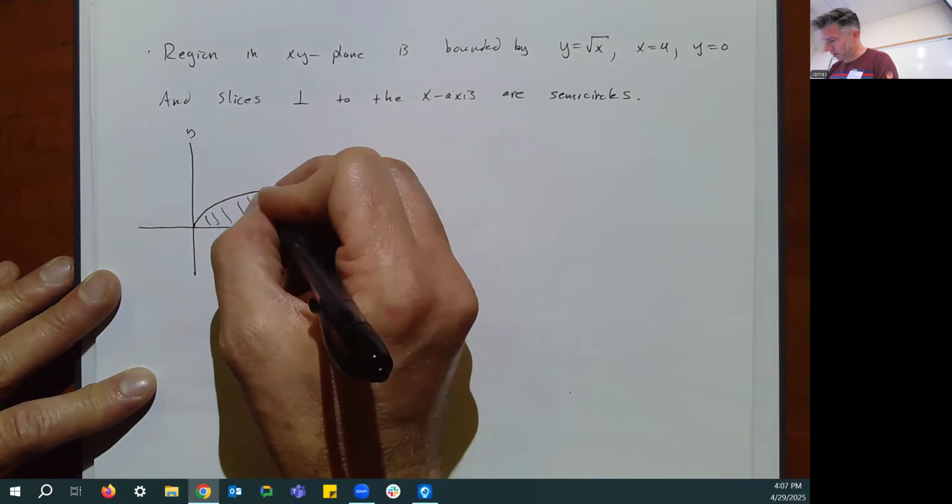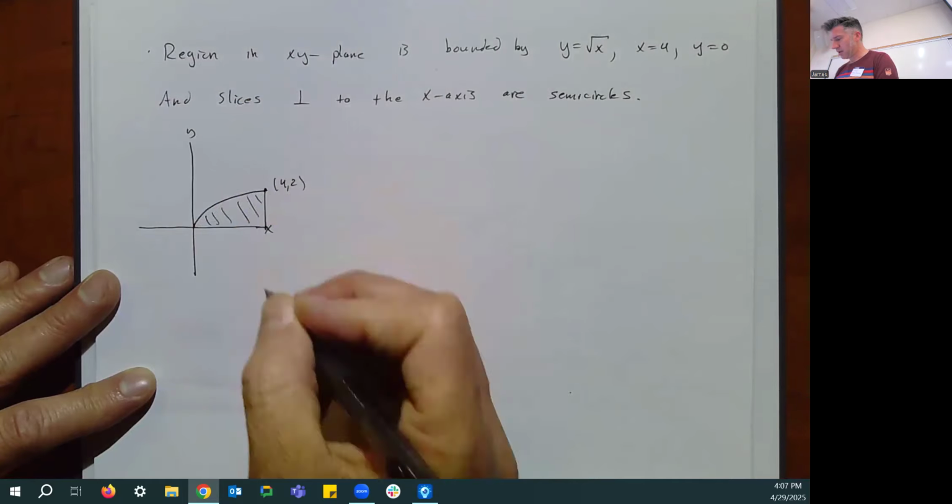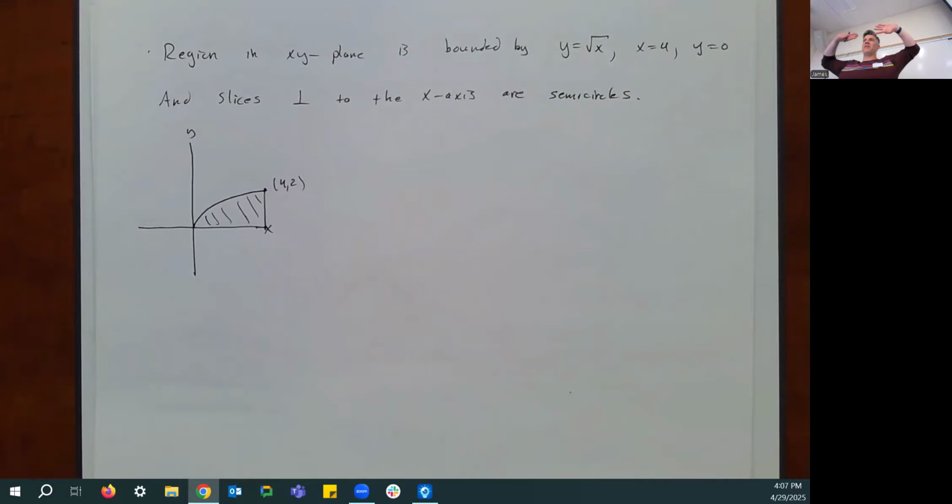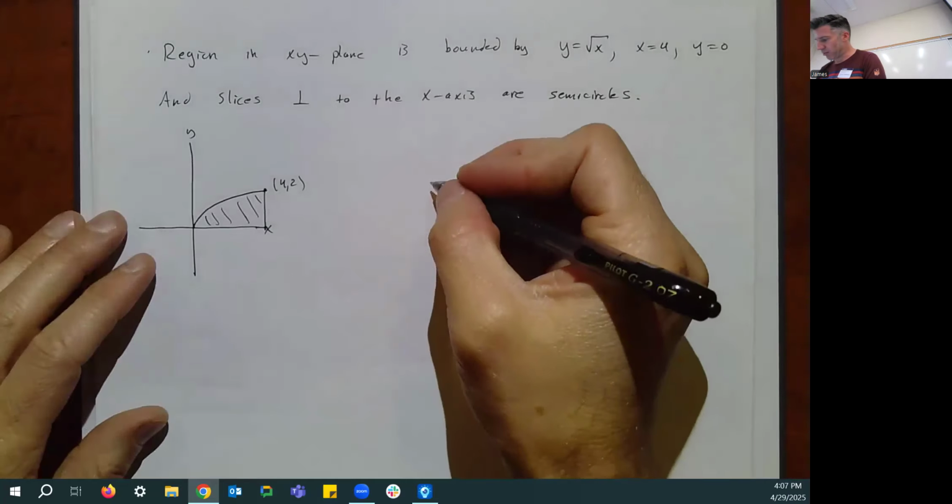And that point is where x is 4 and y is 2. And then I'm going to, which I meant to do last time, I'm just thinking about tilting it back. So I'm taking the paper and rotating it this way so that now, instead of seeing the whole plane front on, it's looking like that. And then you're going to see what's popping up out of it. So if we tilt it back,